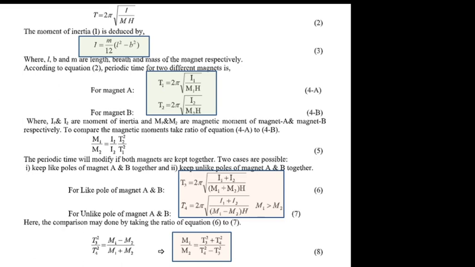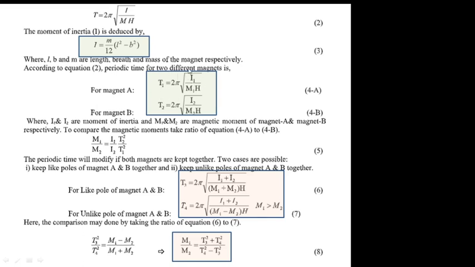So I noted the time of 10 oscillations, divided by 10, and I got the time of 1 oscillation, and that is what is known as the periodic time. But since it is a magnet, since it is having a mass, it is needed to take